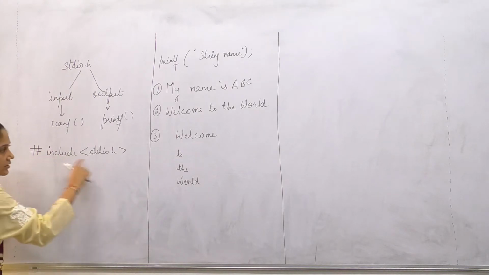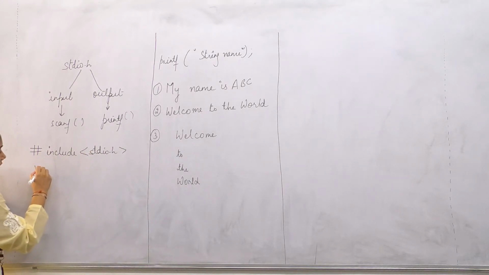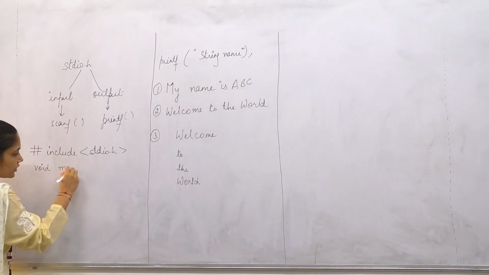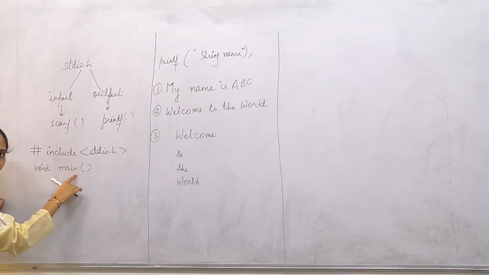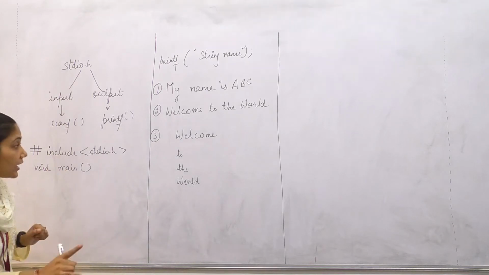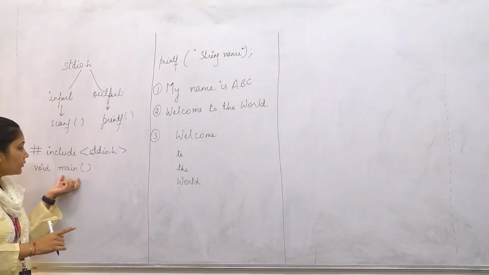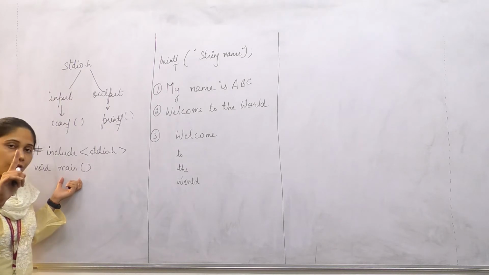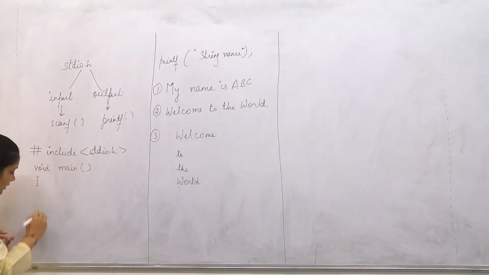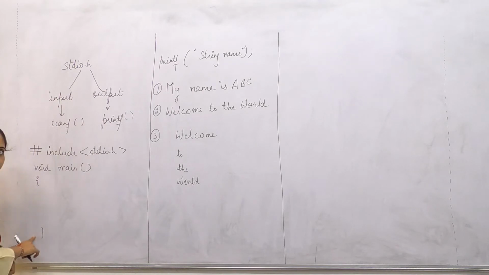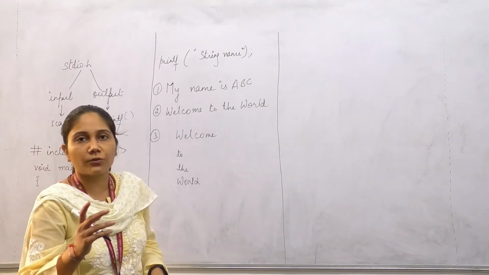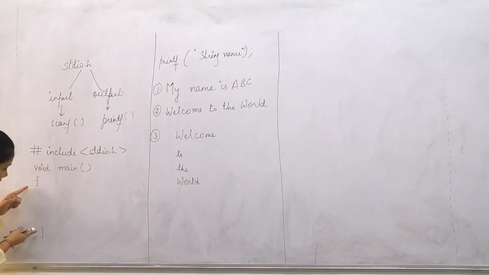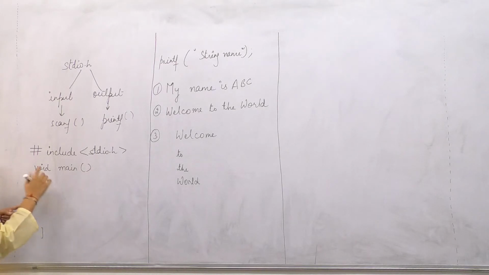Now what is the next statement we are going to write? We will write a function called main. This is the name of the function. This function triggers the process, the compilation will start from here, as I told you in the earlier lecture. This is the function body. In between the curly braces, whatever statements you write, whether for input, output or any processing, you write between the opening and closing braces.